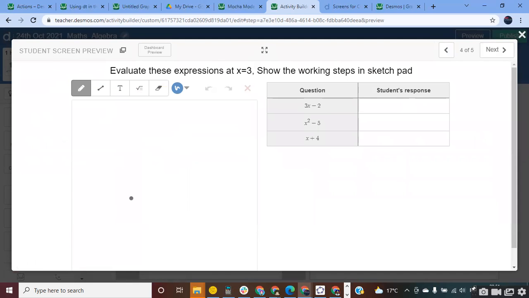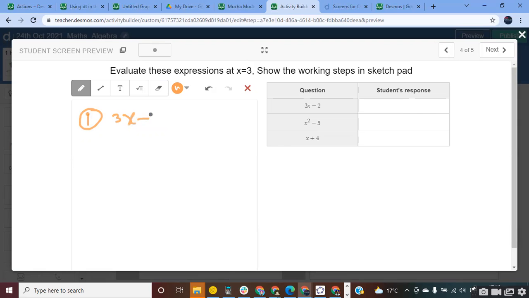So this is the sketch pad where they can actually write their working steps, and they can choose a color. You can also mention these things specifically. Use red color for first question, use blue color for second, use that color for third, like that. It's up to you how you want to actually ask your students. So let's say I'm using the orange color for first question. So I know it's very easy for students to write. Even I'm using my computer's mouse pad, not the touch pad. My screen is not touch screen. So I can still write very smoothly.